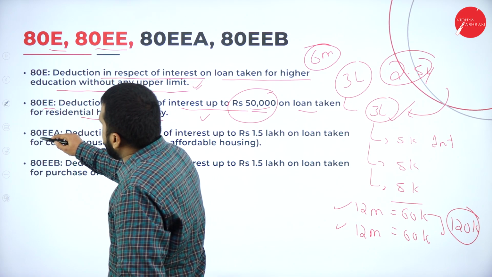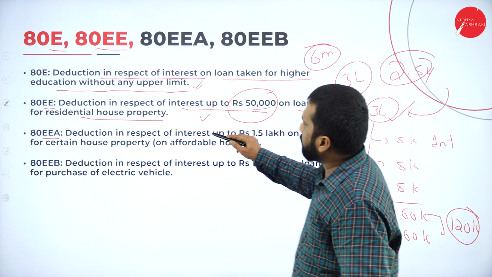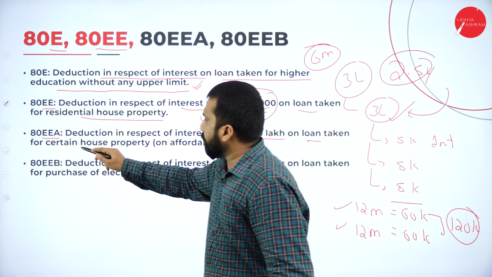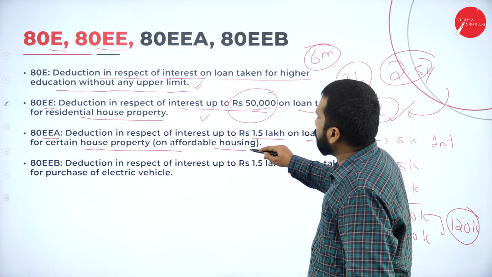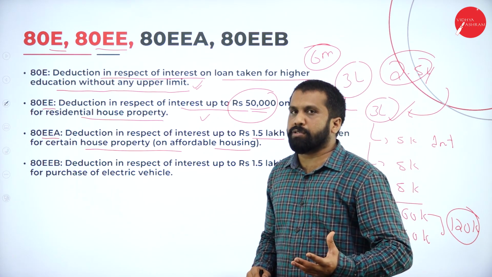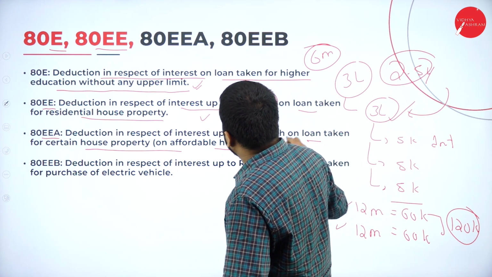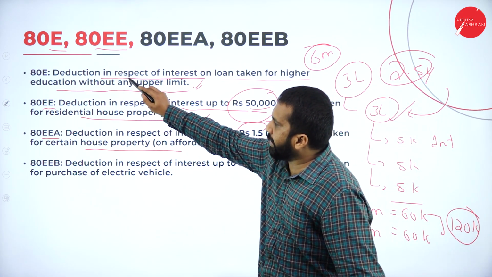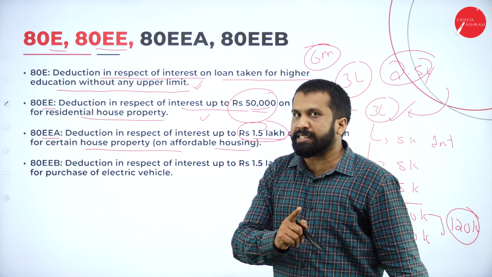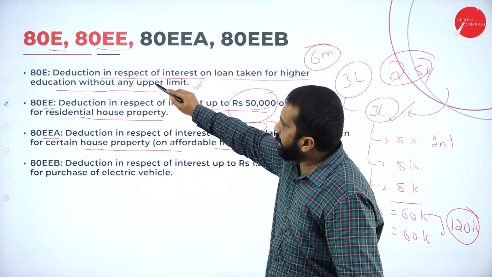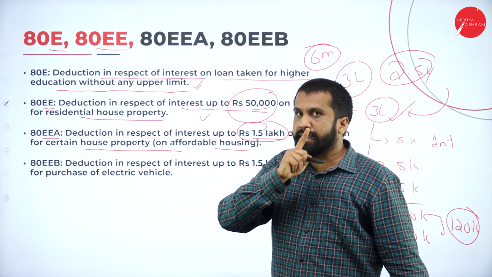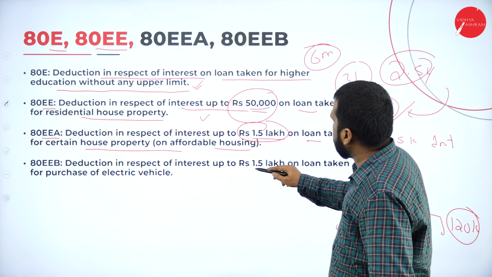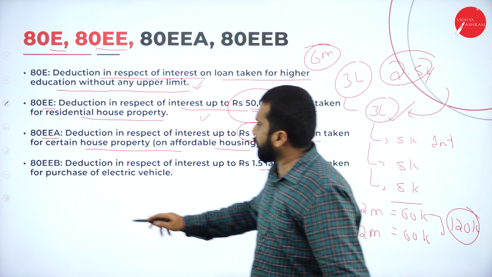Now, 80EEA, deduction in respect of interest up to 1,50,000, loan taken for certain house property on affordable housing. On certain houses, up to 1,50,000 you can claim it as deduction. Nothing to worry. They will ask you only 80E in this. In your examination, they will ask you only 80E. You remember 80E, education. Now, 80EEB, deduction in respect of interest up to 1.5 lakh on loan taken for purchase